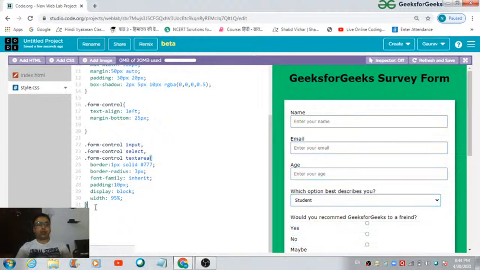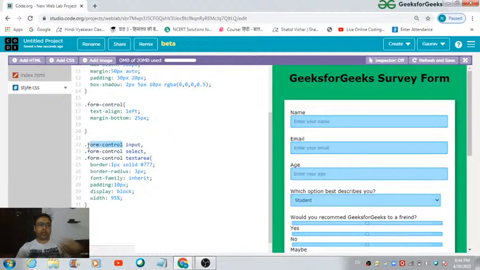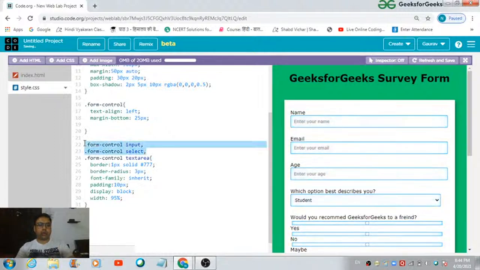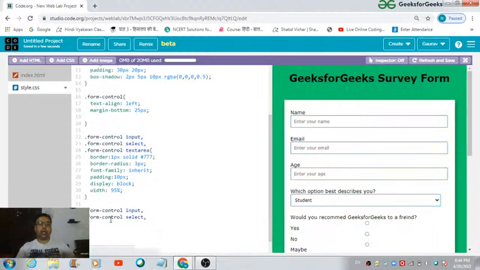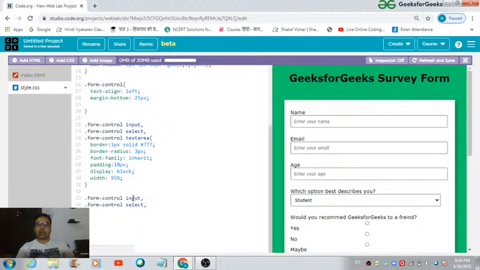Now let's customize the view of the radio buttons and the checkbox buttons. So how can we do that? We can make use of the same code we have defined over here. So I am copying these 2 lines of code from here and I'm putting it over here. Now in order to access the radio buttons and the